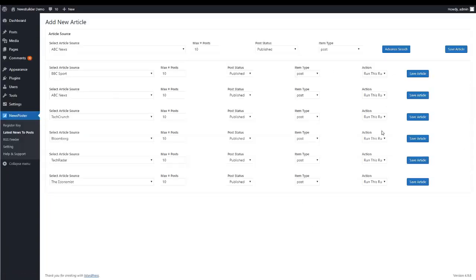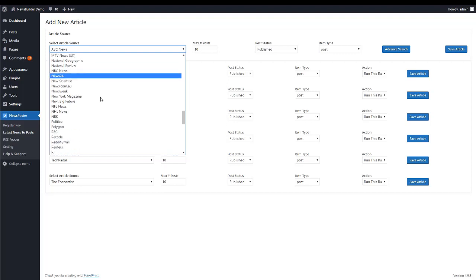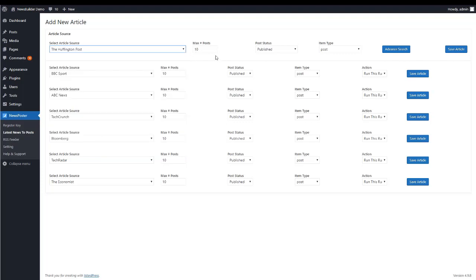You can see there is a simple interface here, so we can select from all of these different news sources depending on what sort of news we want to post. So I'm just going to go ahead and select a random one. So let's go to the Huffington Post. We want it to post 10 articles, publish them now, and so I'm going to go ahead and hit save,